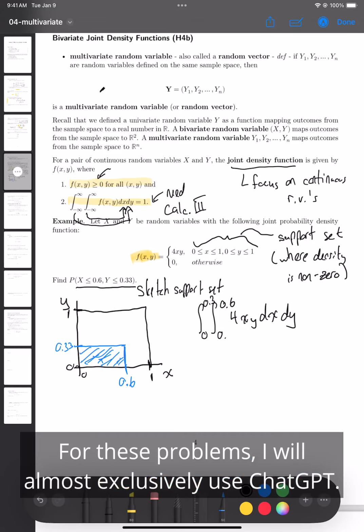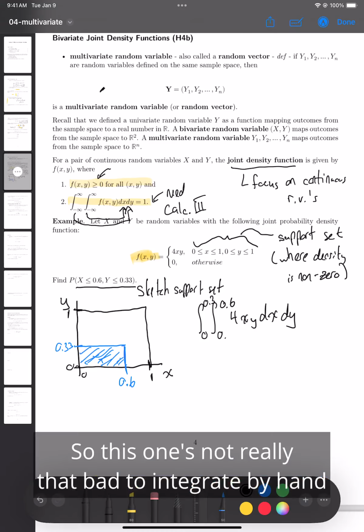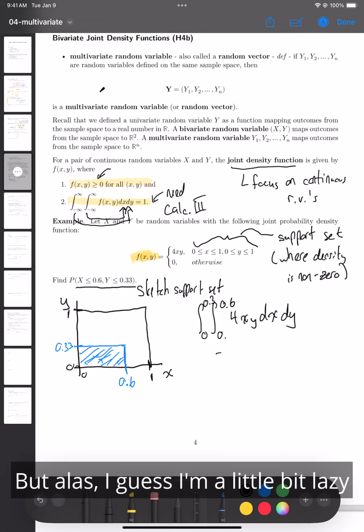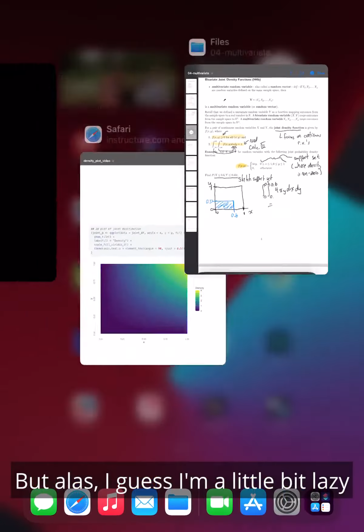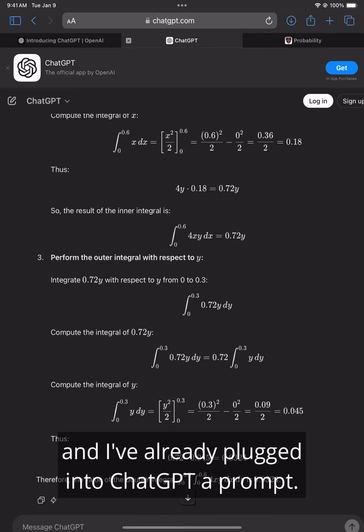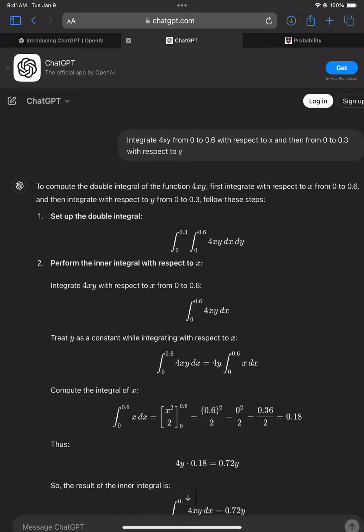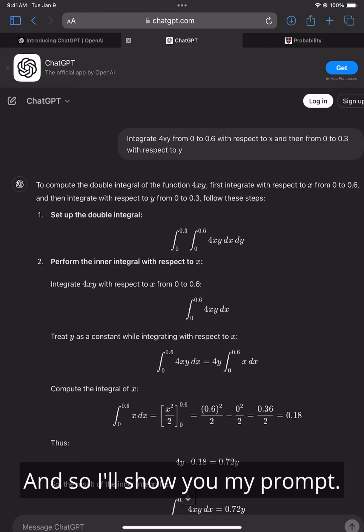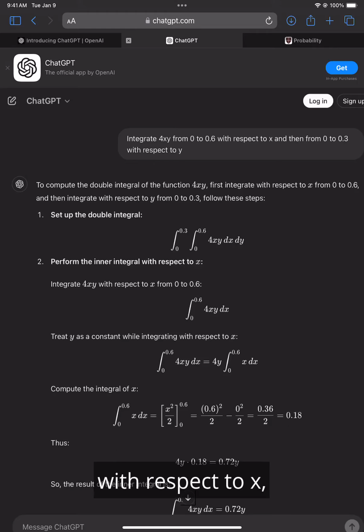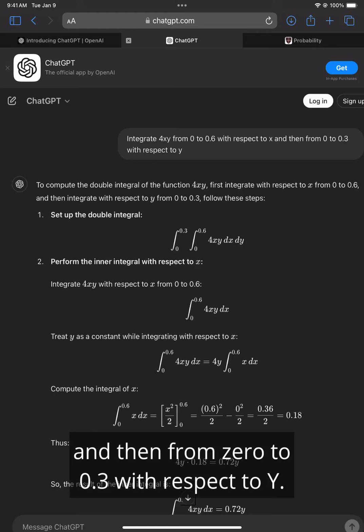For these problems, I will almost exclusively use ChatGPT. So this one's not really that bad to integrate by hand, and you should have the tools to do so from Calc 3, but alas, I guess I'm a little bit lazy. And I've already plugged into ChatGPT a prompt. So I'll show you my prompt. So I said, integrate xy from 0 to 0.6 with respect to x,